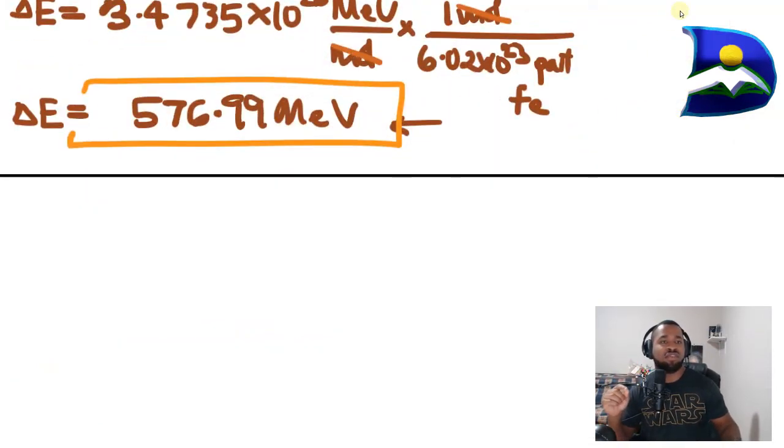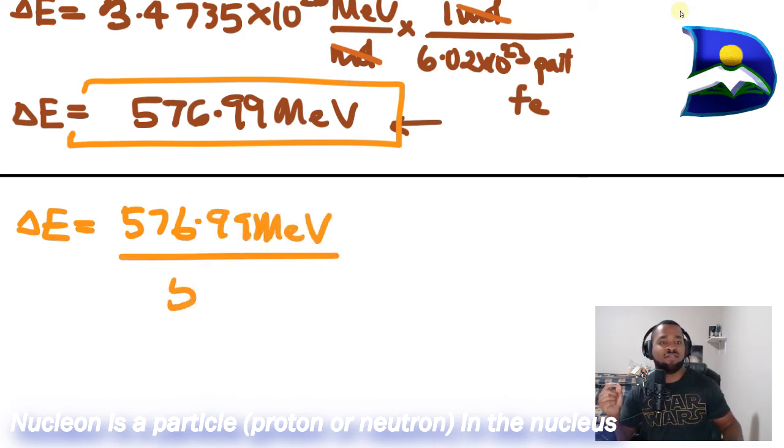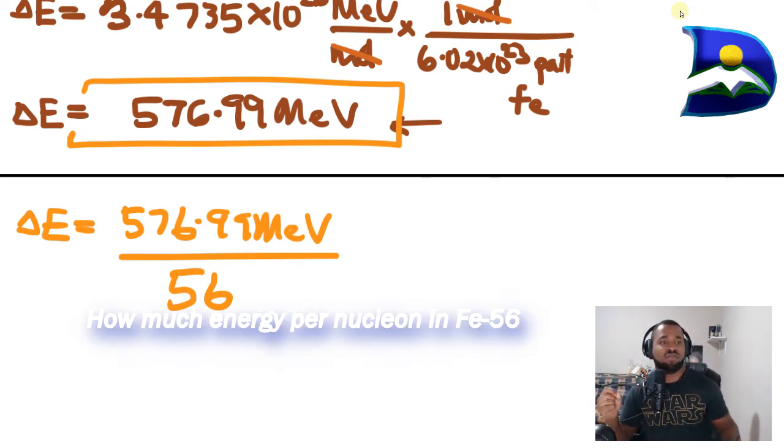So in this case, all we have to do is divide our specific energy, 576.99 mega electron volts, by 56 particles, while considering mainly the proton and the neutron in the nucleus. So per nucleon, not including the electrons, what energy will be released in this process? And so in here we're going to have our number to be roughly around